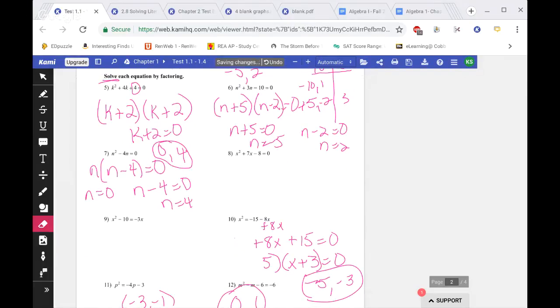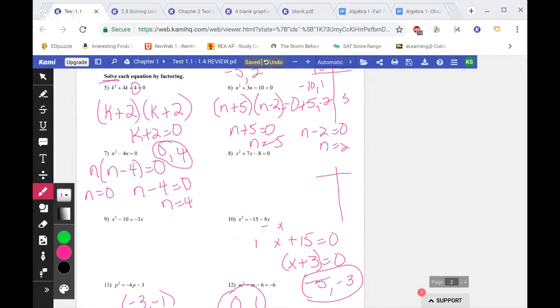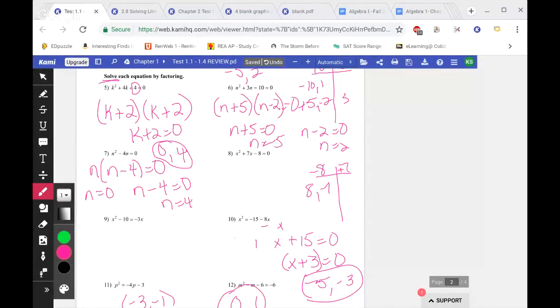And what are the factors of 8? There's 1 and 8. And if I have a negative, so if you have 1 and 8, do a positive 8 and a negative 1. So what would that give me? Well, a +8 and a -1 multiply to get -8, and they add to get 7. There you go. So those are your factors. Okay. So my factors are x plus